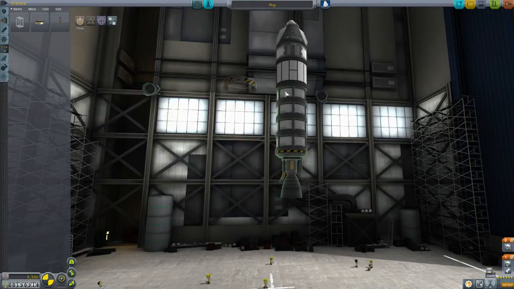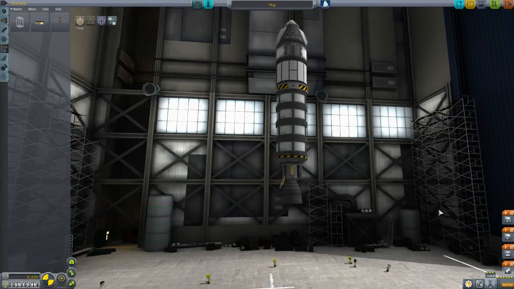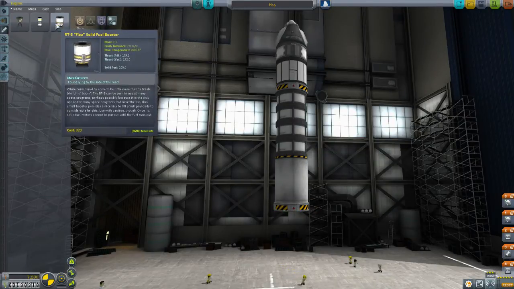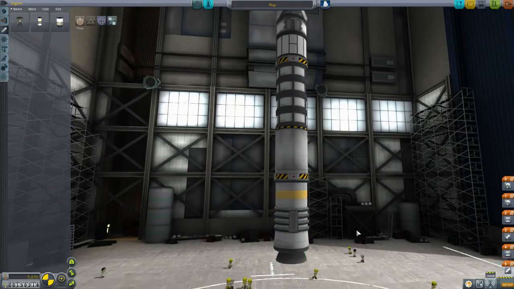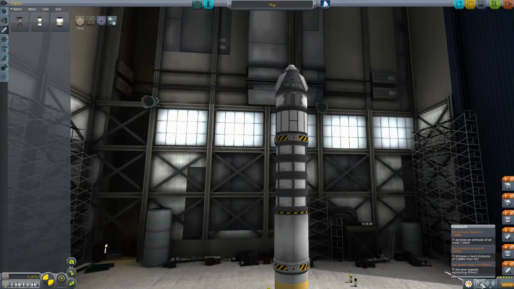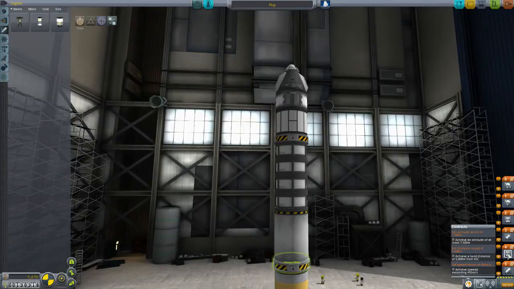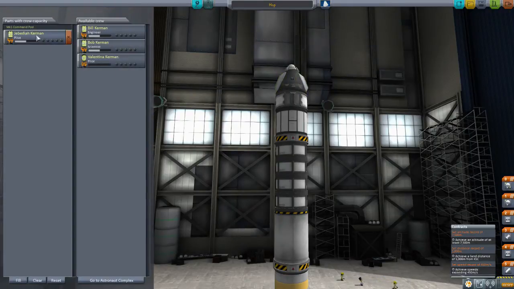Stack decoupler. Good point. Let's have the ability to get rid of all those fuel tanks. I know the engine's expensive, but one definitely needed the other one. Never mind. Weight. What's the weight? 8.1 tons. Should be okay, I think. So that goes off, then that blows, then that goes off, then that blows, and then we get that one and that one. Crew, we are going to set